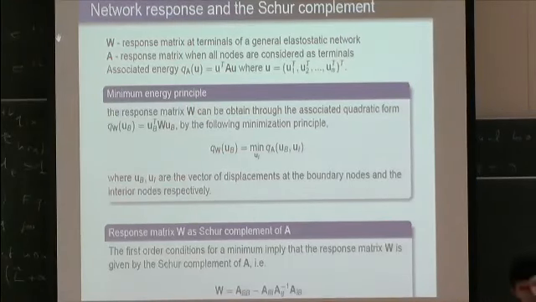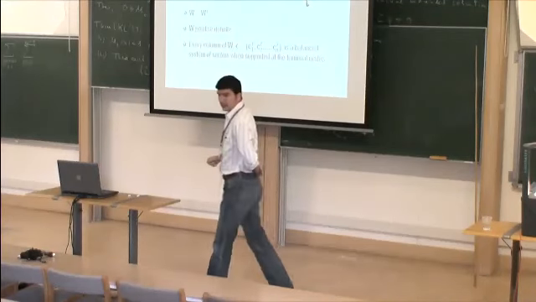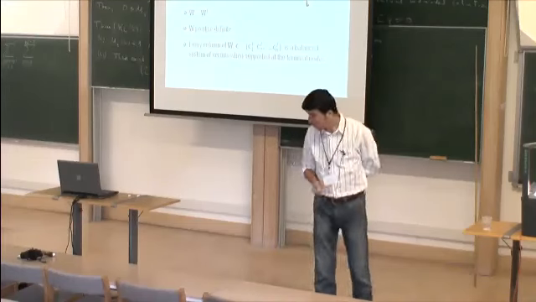It's called many things in many contexts, and can also be viewed as the Schur complement of the matrix A, given like this when the matrix accounting for internal interactions is invertible. If it's not, then you use the pseudo inverse. So this is what we have for the response matrix characterization in static two-dimensional elastic networks, and out of